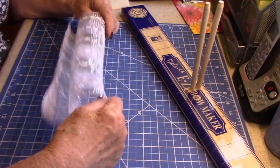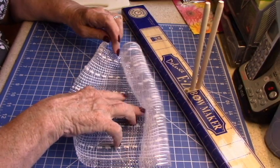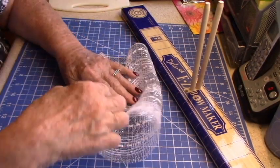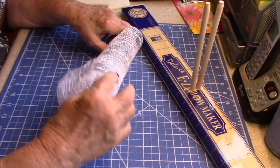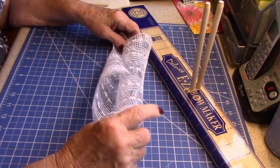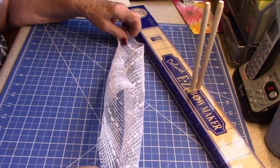So I'm going to start with the curl up. Now this is the finished edge. This is the edge that I burned. And the reason I burned it is because it might help keep it from fraying just a little bit, okay? But those are the two outside edges. So I'm going to pull it,